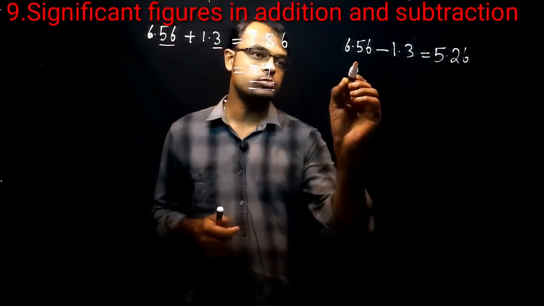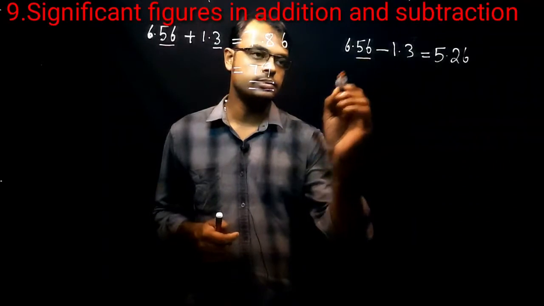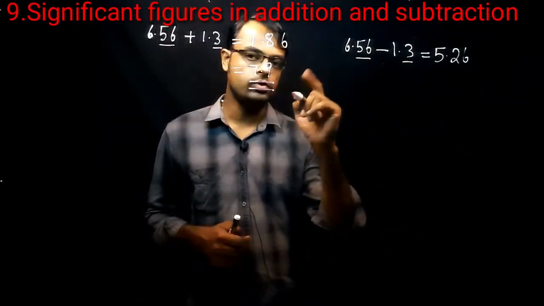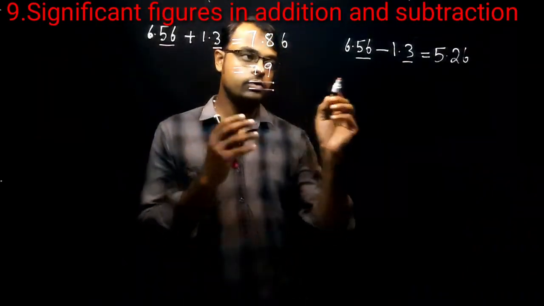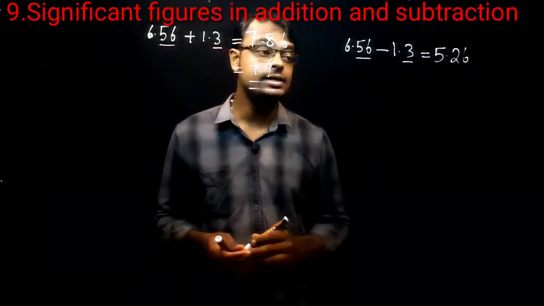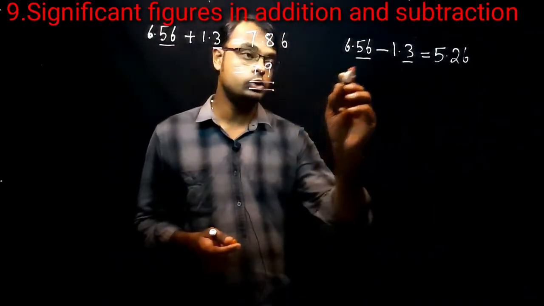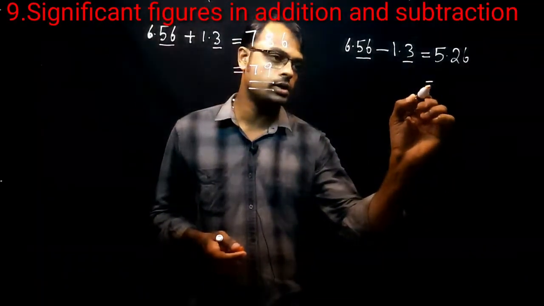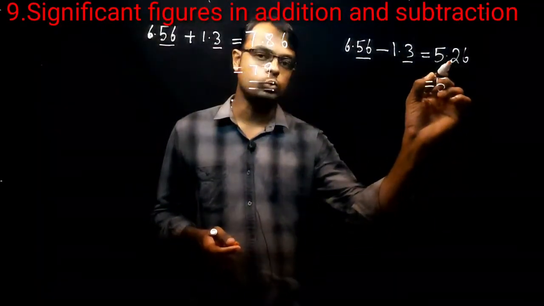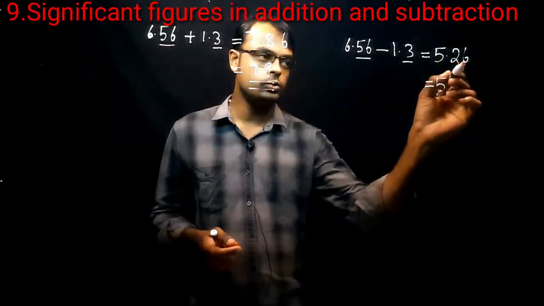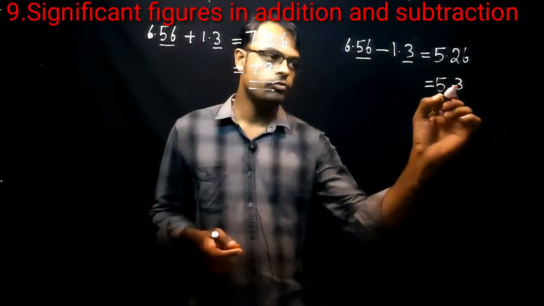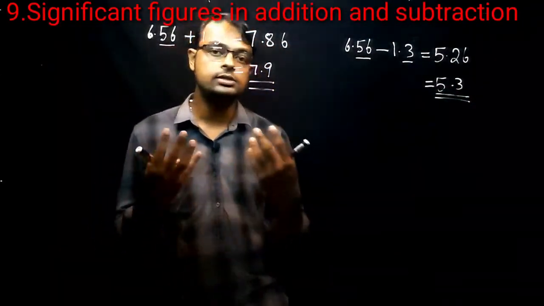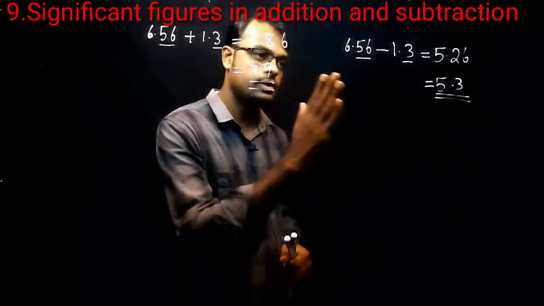So how many decimal places must be there in the final answer? For that, let's check this one. How many decimal places are here? The first number, 2. Here how many decimal places? Only 1 decimal place. That means in the final answer, we must use the least decimal place in the given 2 numbers. So definitely, no doubt in that, you have to use only 1 decimal place. So I can write this number as 5.2. Can we write 5.2 here? No. Because if you use the round off, the answer becomes 5.3. So these are the rules in determining the significant figures in addition and subtraction.